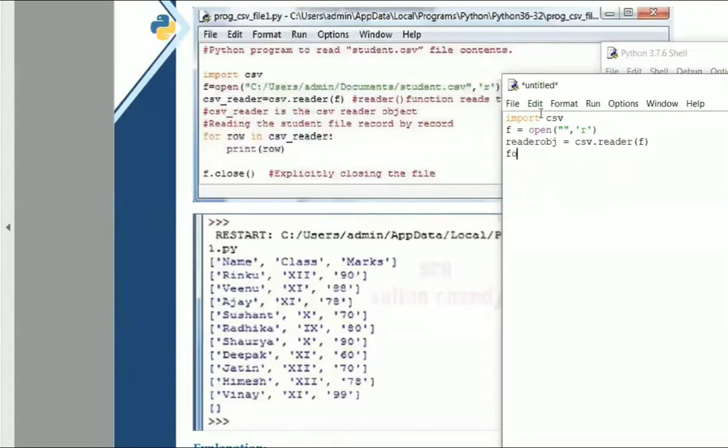From here we'll be looping through the reader object and getting each and every row. So for row in reader object, we'll be printing the row and seeing each and every content, and at last, as we know, we have to close the file.